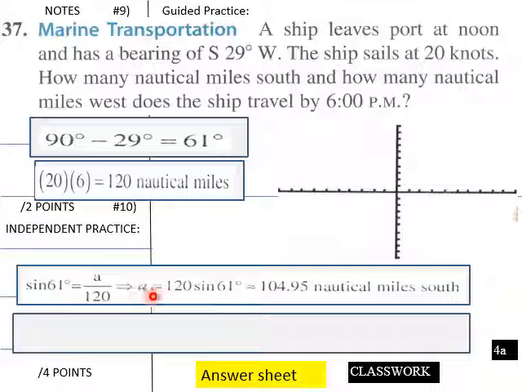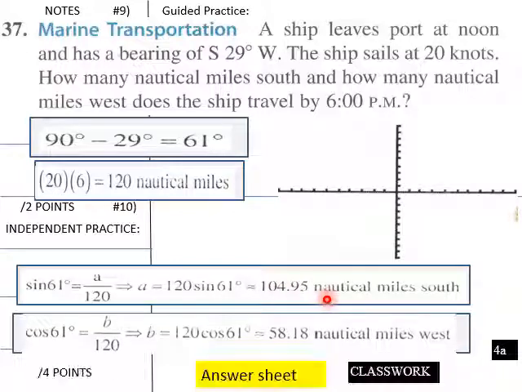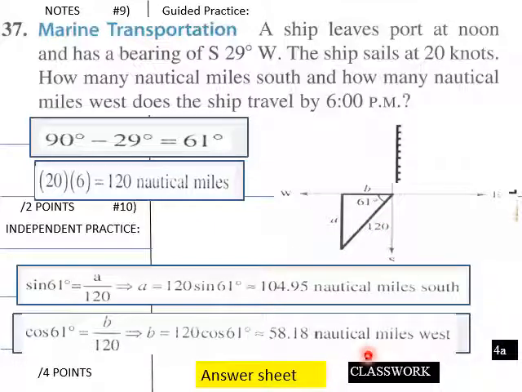And so when we crank this out, we have A equals 120 sine 61, which comes out to 104.95 nautical miles south. So we know that much. And then our cosine would be b over 120, and b would equal 120 cosine 61, which would equal 58.18